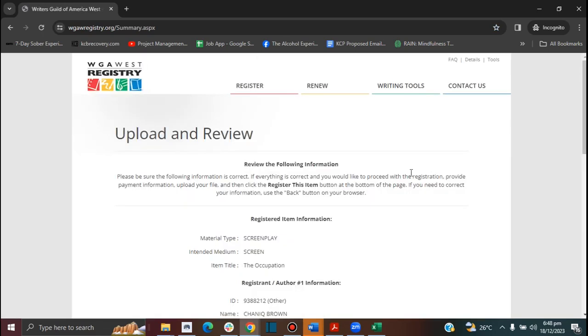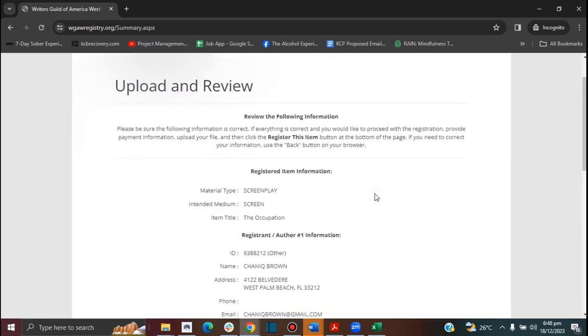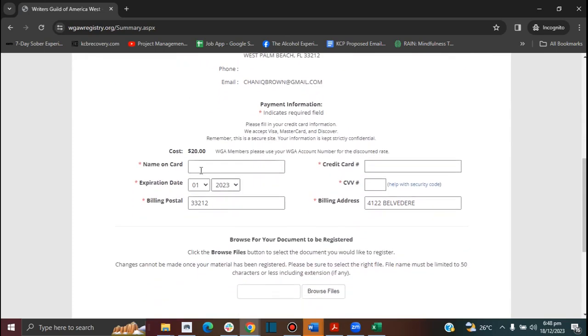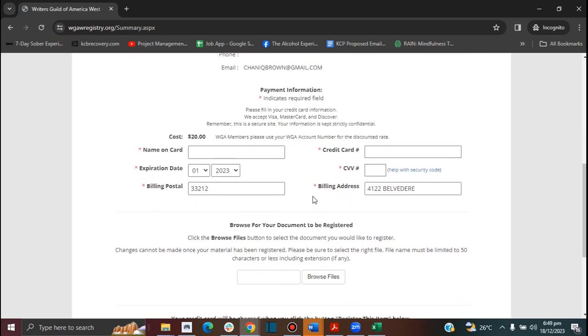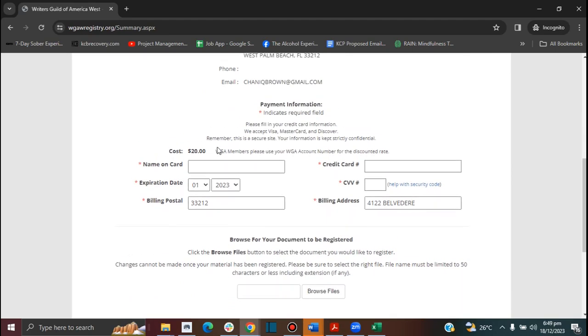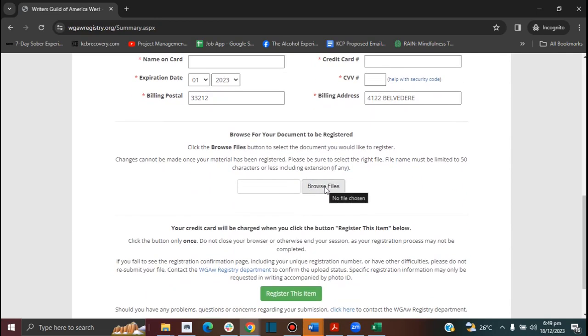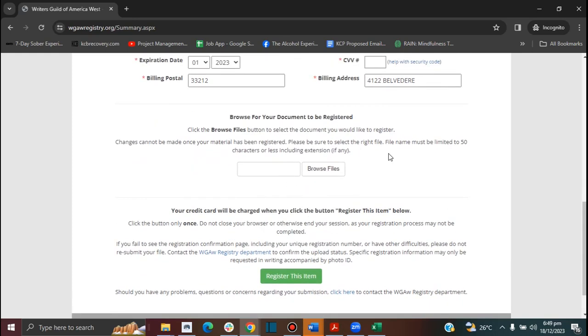Now here it's gonna ask you to review all the information to make sure that it's correct, and then the cost is $20, which is really reasonable, I would say. And you put in your credit card information in here, and then you upload your file, your screenplay file, preferably, like I would do it, in a PDF format, and then once you're done, then you click register this item,